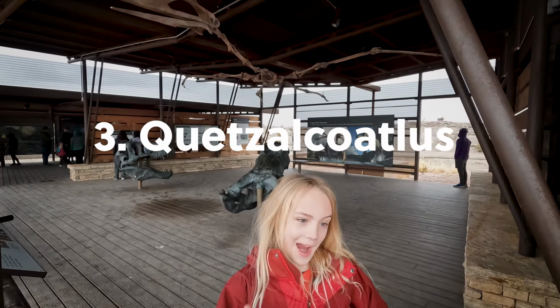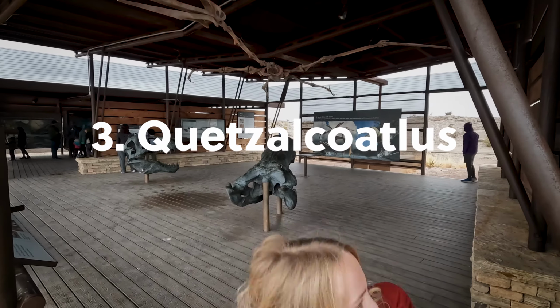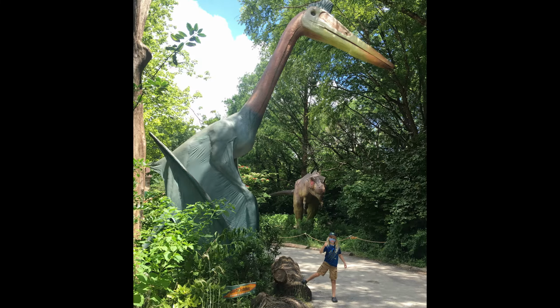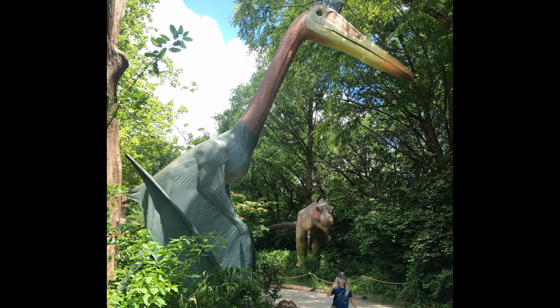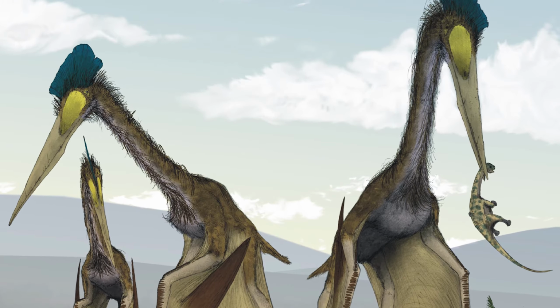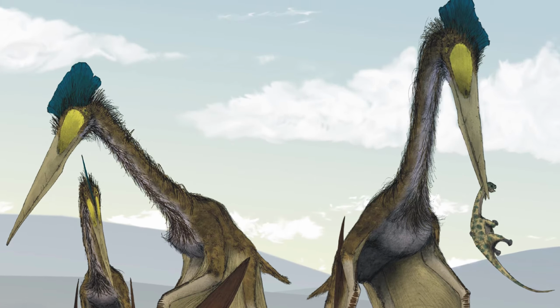Oh, yeah. Now, the moment that I, importantly, have been waiting for, Quetzalcoatlus, the biggest flying reptile to ever exist. Quetzalcoatlus had a diet of tiny dinos, baby dinos, bugs, fish, pretty much anything he could fit into that mouth,